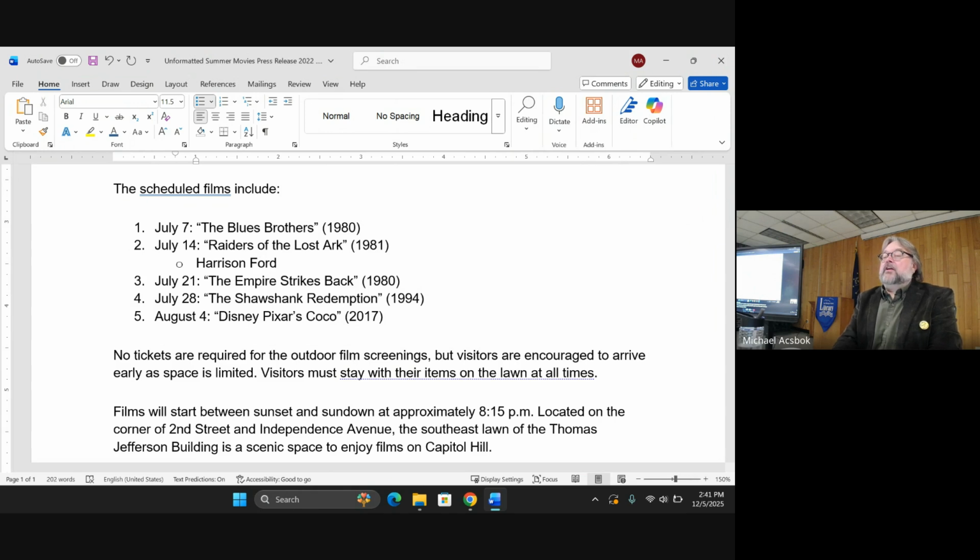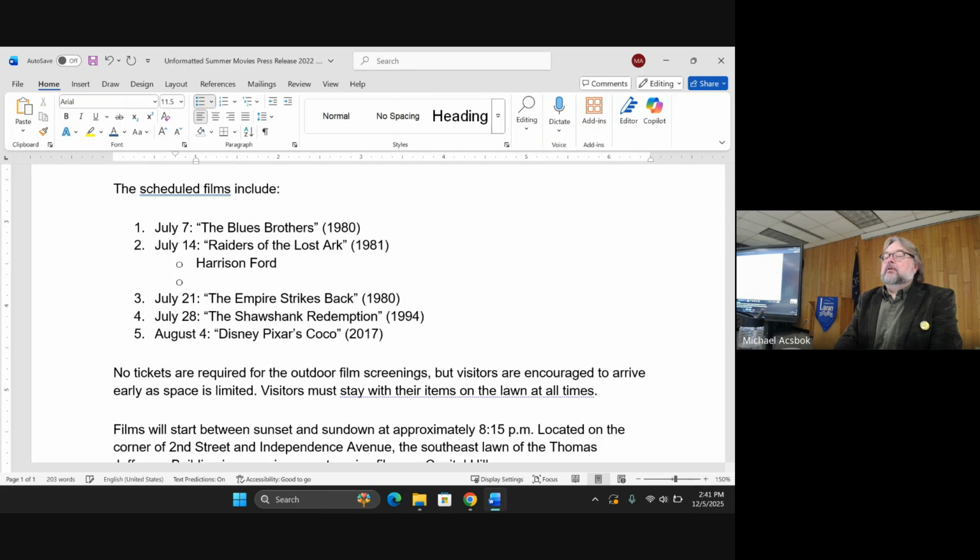And when I hit the enter key, watch what happens. It doesn't give me another number. It gives me another dot because I'm in a multi-leveled list. Harrison Ford and